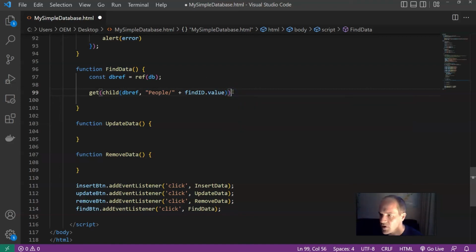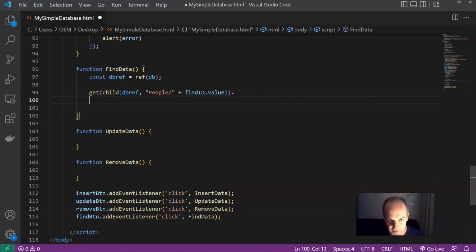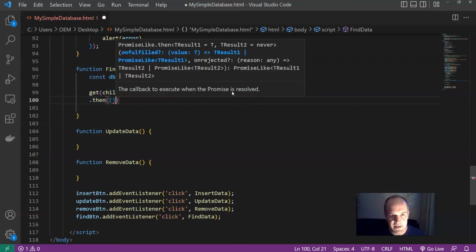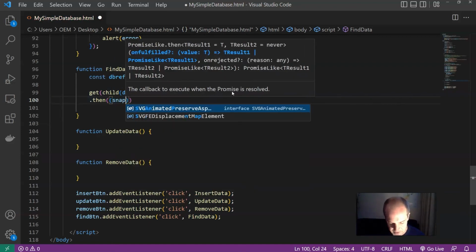Okay, so now that I've got this specific reference of where I want to be in the database, let's use the .then function, and inside the parentheses of .then, I'm going to grab a snapshot of the database as it is right now, because it needs to be current, right? So in brackets here, I'm going to put snapshot